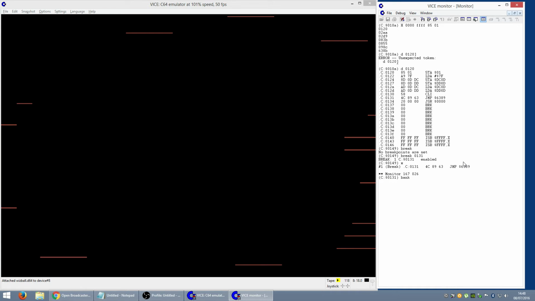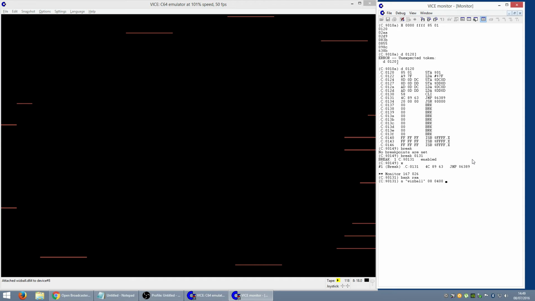With Vice, you do bank RAM. This is the same as making sure that the ROMs are disabled. If you're using a real 64 with Action Replay, you don't want to be making a copy of the ROMs. You want the RAM area, just in case there's any game data stored there. You don't want the ROMs being saved. So after that, we'll do a save. Wizball drive 8, and then we'll go from